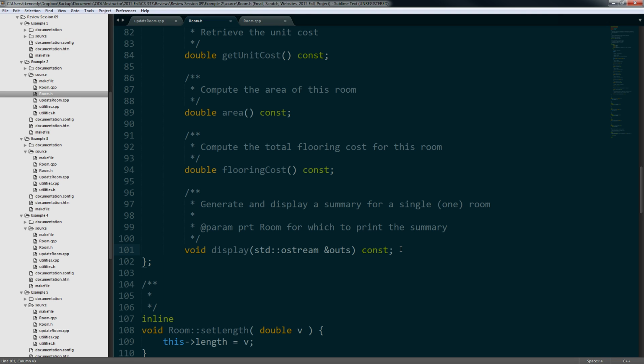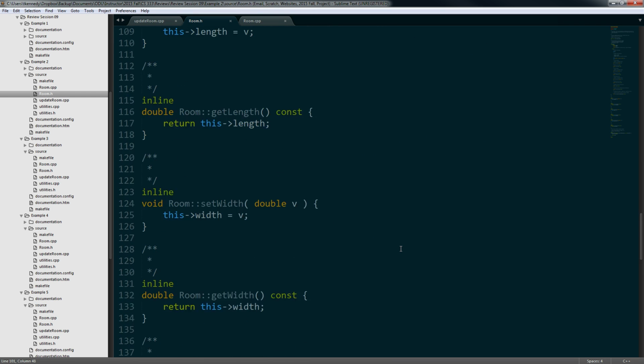We see that I have left the display function unmodified. The display function still works in the same way. It still does the same output like we saw in the previous example. What I do is I take my stream insertion operator and I write it in the context of my display function. So if I scroll down here,